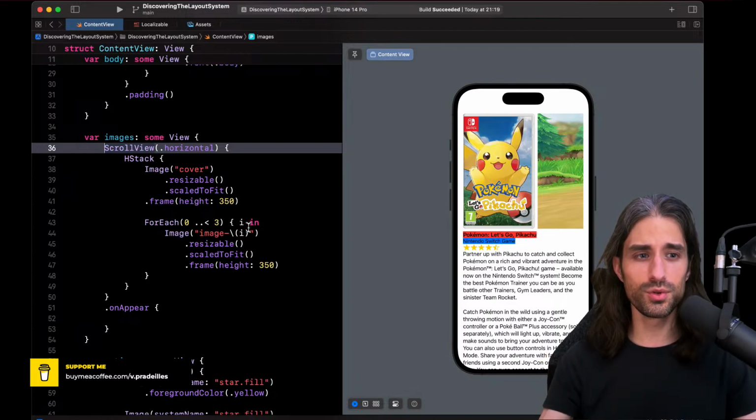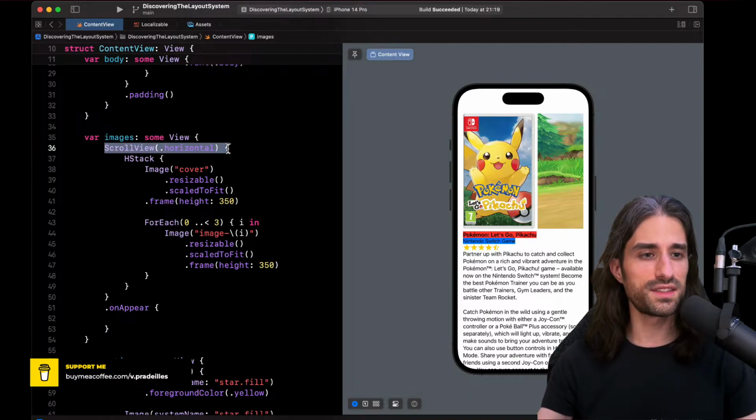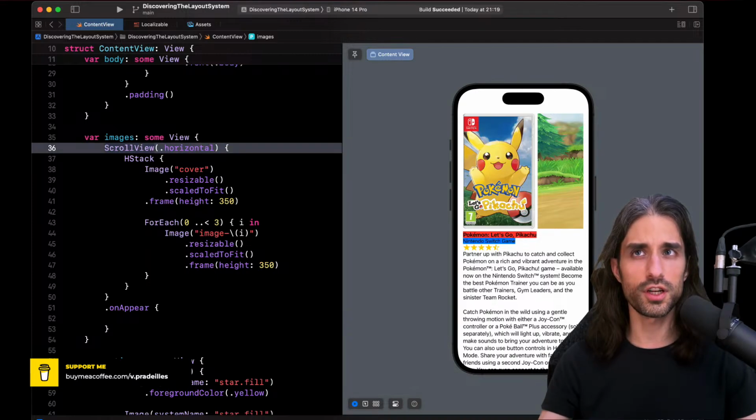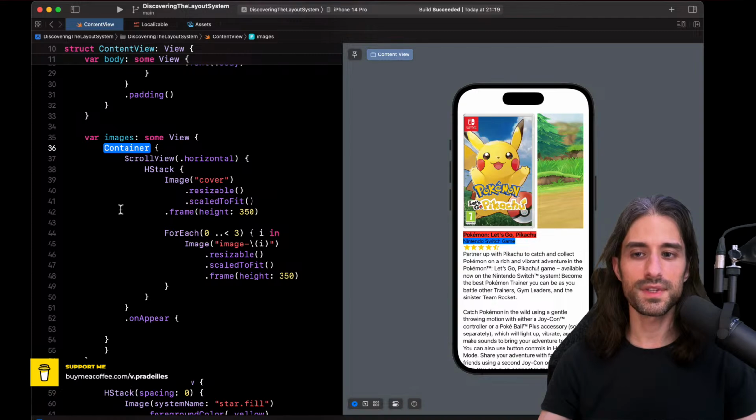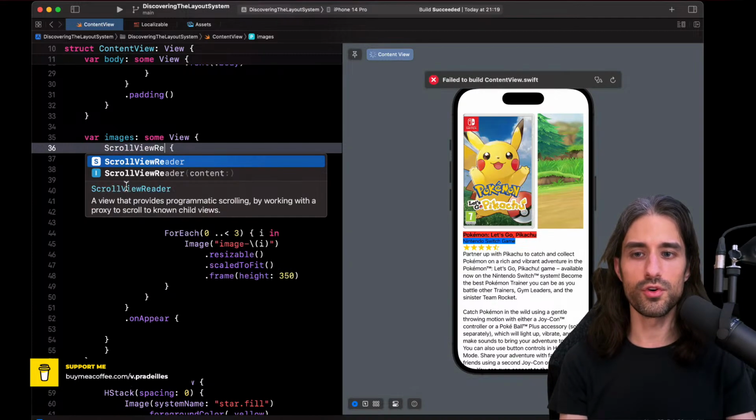But the trick we're going to use is actually quite common in functional programming, and it is to wrap the function we are in. So in a way, scroll view, we can see it as a function, and we wrap it into another function. So what will be that function? It will be something called scroll view reader.